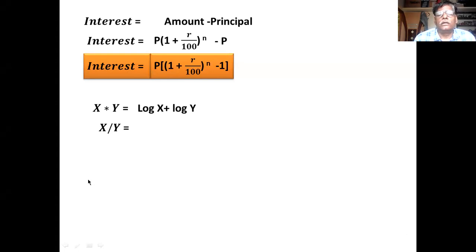Then for division, the second rule is relating to division. If x divided by y is there, then the logarithm rule is log x minus log y. Remember this. And next is